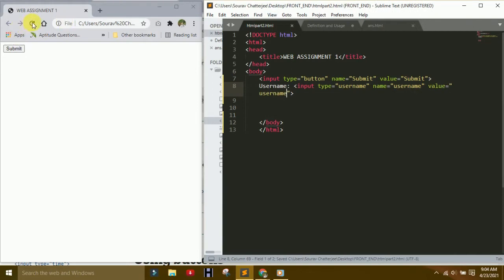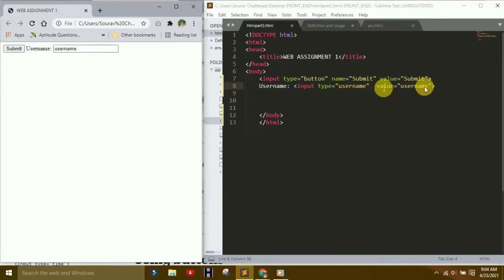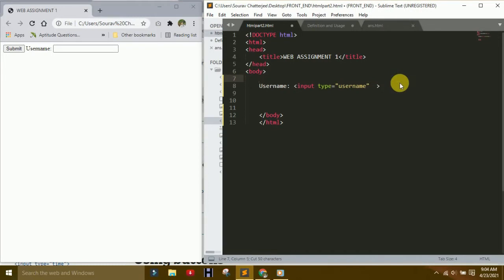Save it and you see the change here. Username. If you do not change it, username is taking the username from the user. Next is the password. I copy it from here because it looks good. Control X.